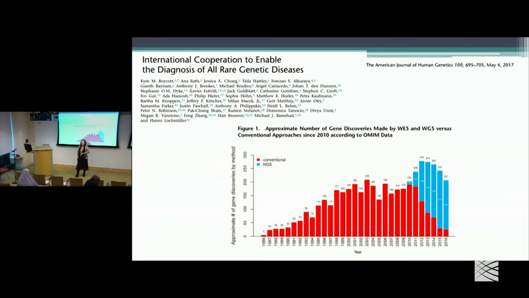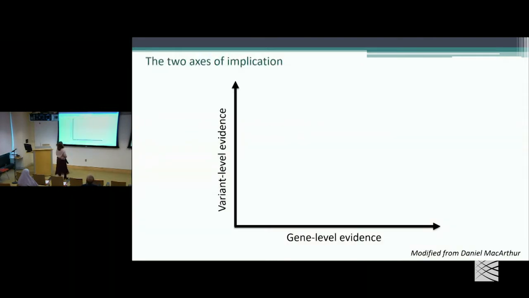We're hitting that stage where it's the hard things that are left, where it's very difficult because it may not be a clear, nice loss of function mutation sitting in the middle of the gene, and it might involve more regulatory elements and deeper intronic variants and things that are harder to deduce their impact. And that's probably why we're starting to trail off as we get into this harder stage of discovery.